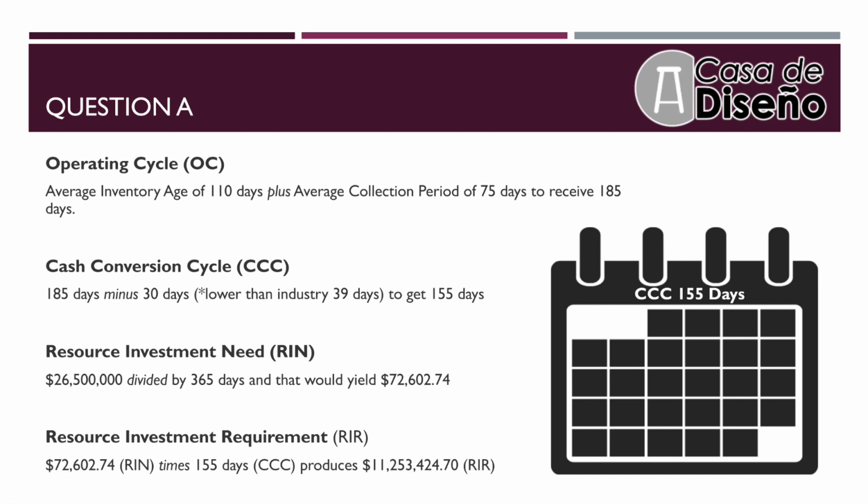Then we need to take that 185 days and minus 30 days to get 155 days for the cash conversion cycle. The resource investment need would be